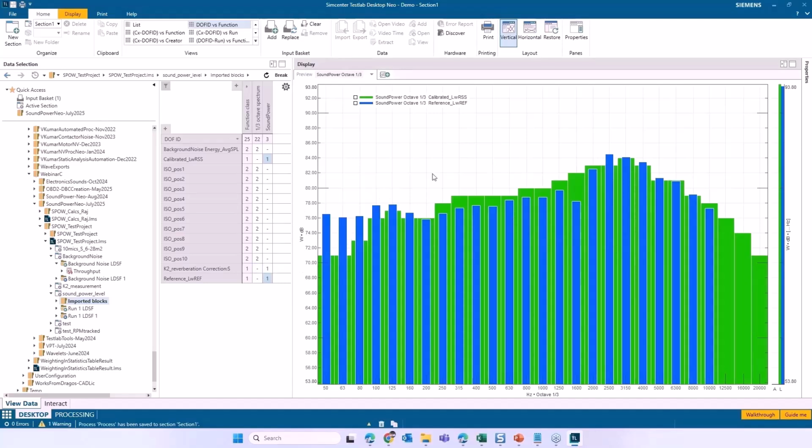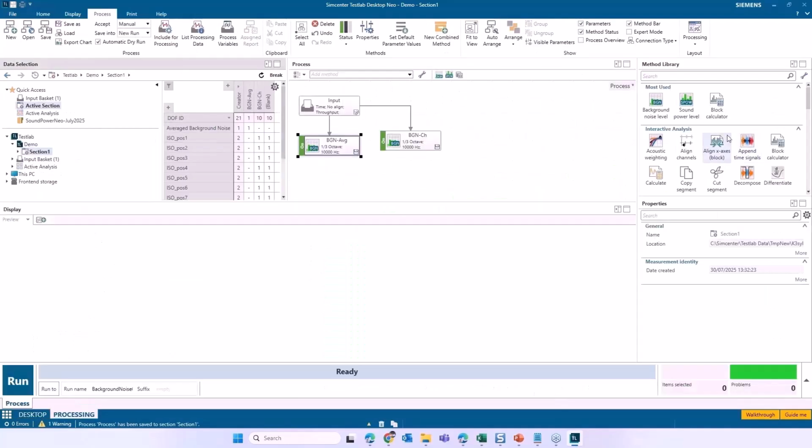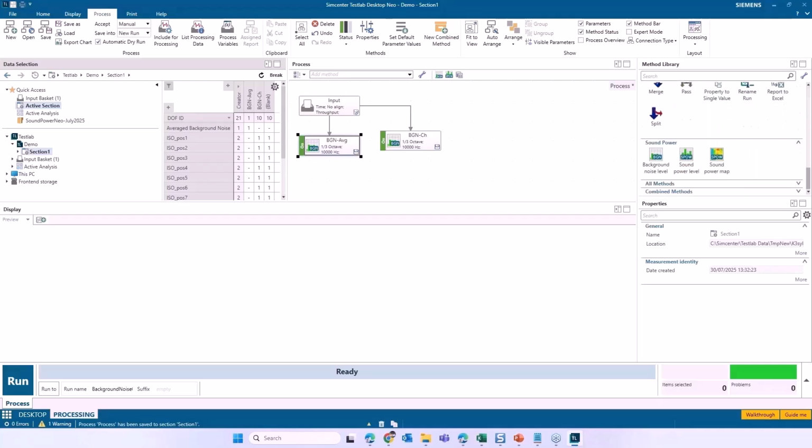If you have not already calculated the sound power for that, then you can use the sound power method within the sound power add-in to do this calculation also. Within the sound power add-in, there is a sound power level method and then the sound power map. The sound power map is to generate the color map.